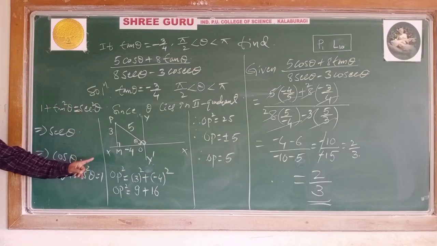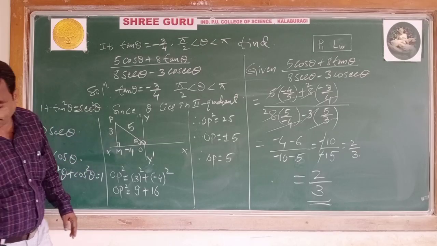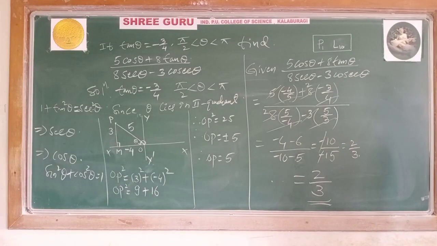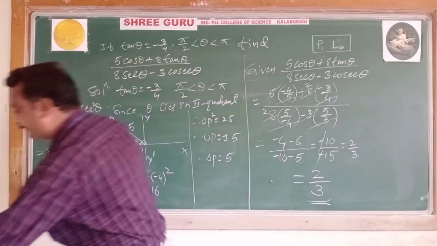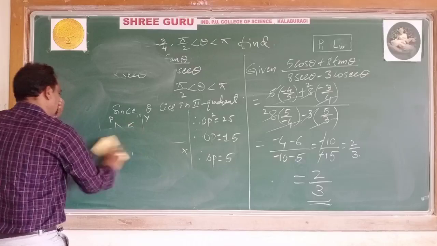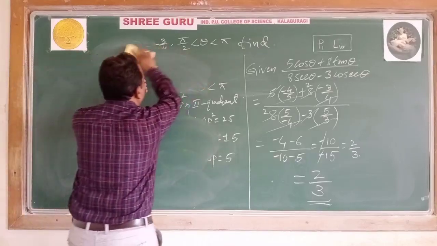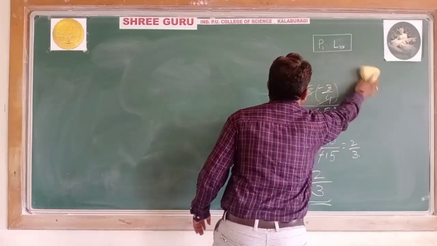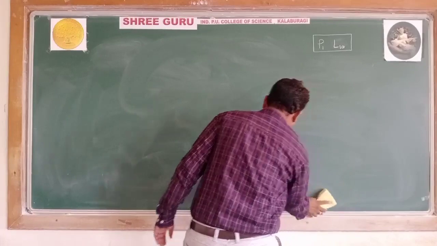One more example I will give as homework, students, and then I will go for the next type, the allied angles. Let us see the allied angles, students. Now come to one more homework. I will give the same type. Let us practice that homework also, and then I will go for the allied angles. This is of the 10th class, students.